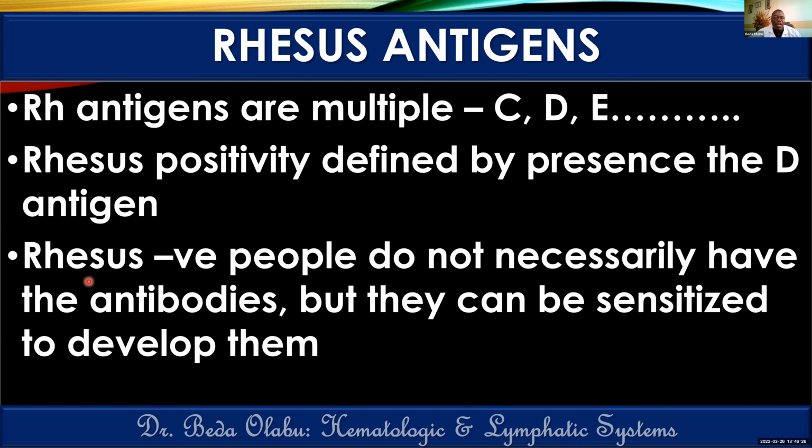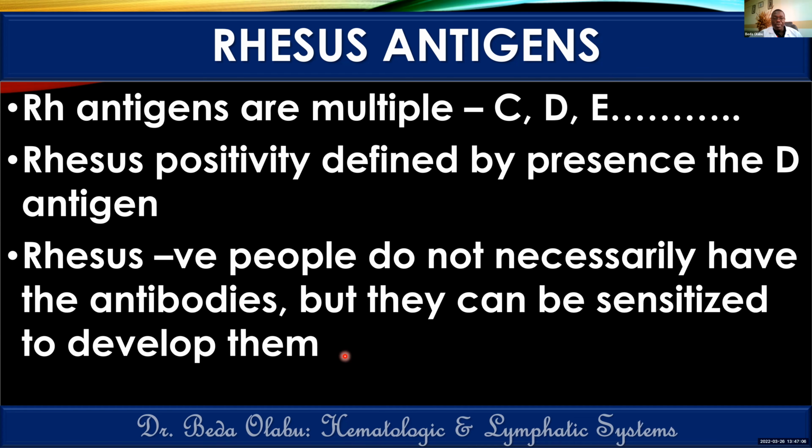You see, in the ABO antigen, if you lack an antigen, then definitely you have the antibody against it. In the Rhesus antigens, if you lack the D antigen, you do not necessarily have the antibody against D. However, that person can be sensitized to develop the antibodies against the D antigen. Anybody who is Rhesus negative can be sensitized to develop antibodies against the D antigen. Now that becomes important if you're going to understand the mechanisms of